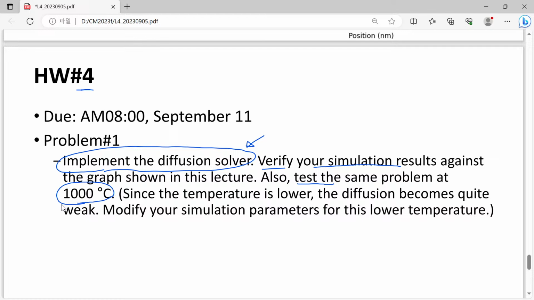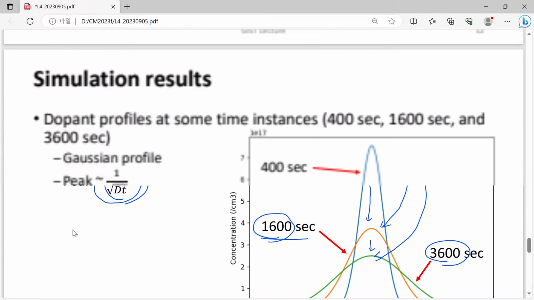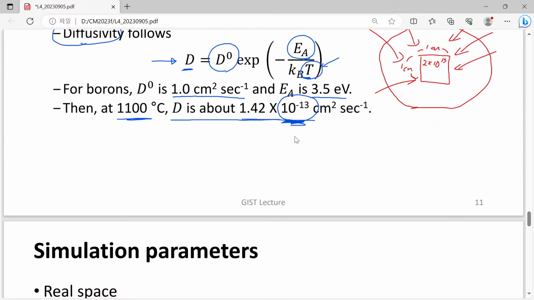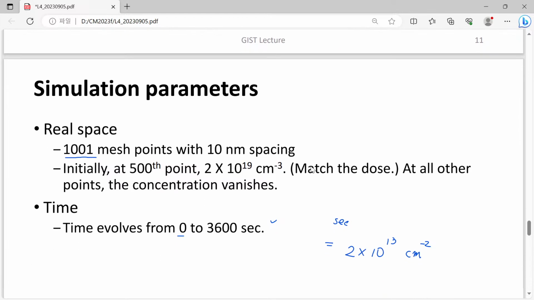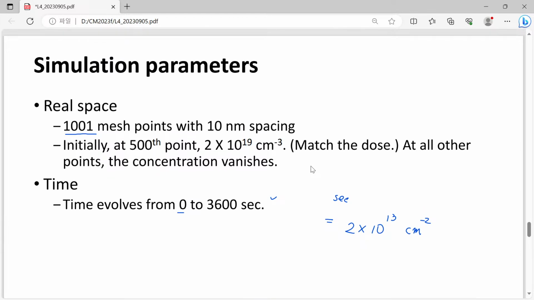Since we have a 100 Celsius degree lower temperature, your D is no longer of the same order as this number. It will be a much smaller number, orders of 10 to the minus 19 or 15 in this scale. So if we just take these simulation parameters, time scale and real space, then you will see almost nothing,